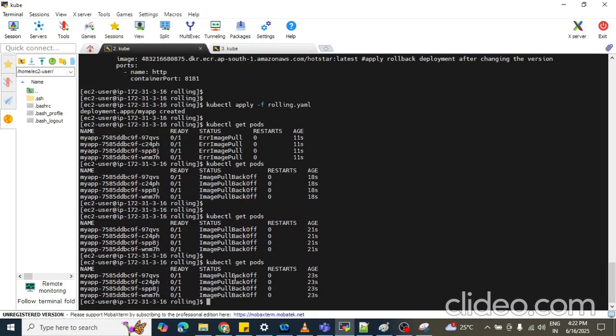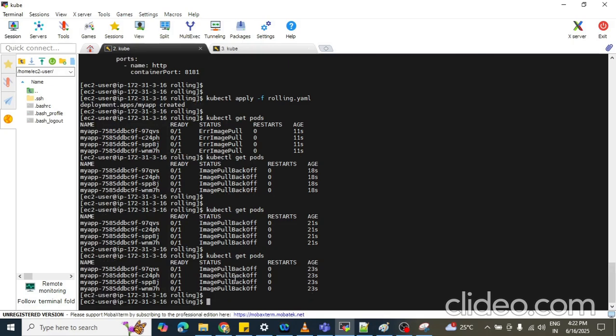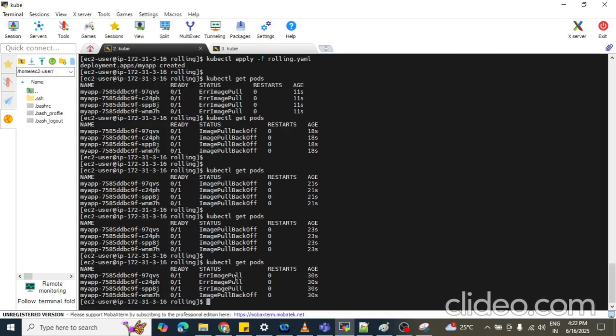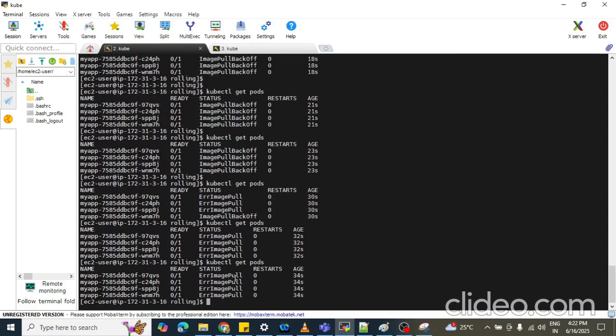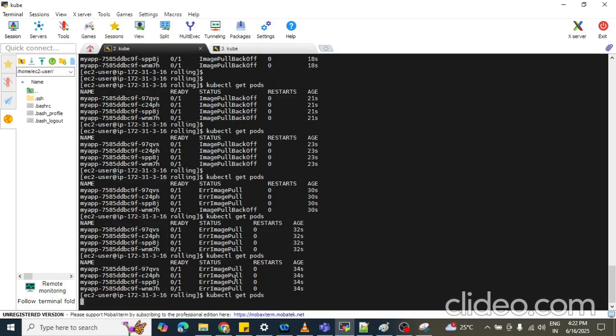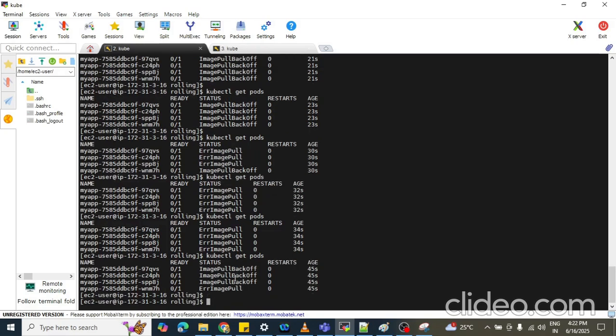So why are we getting this ImagePullBackOff error? Because we are not able to fetch that particular image from our ECR repository. So we need to check our YAML file.